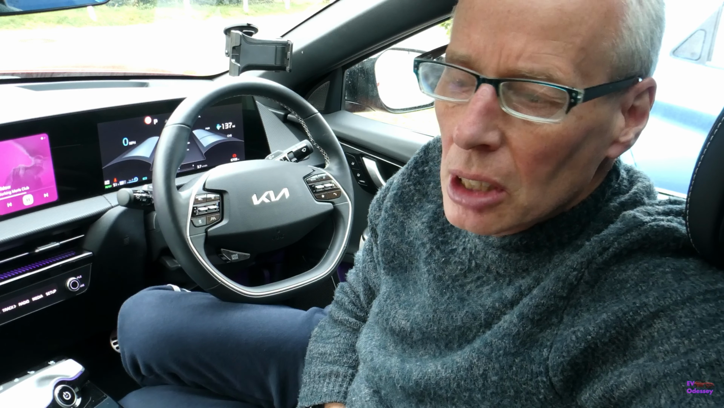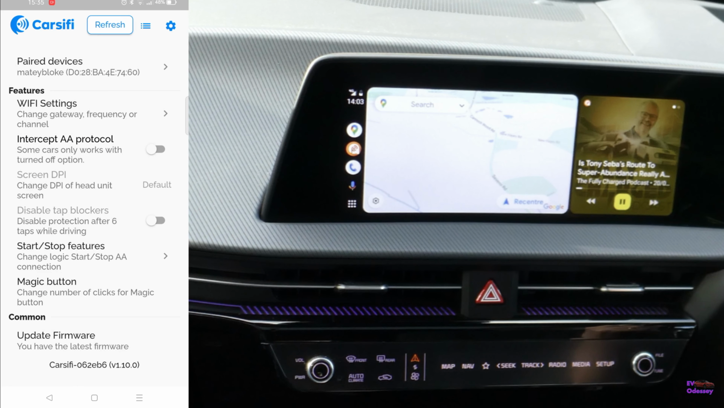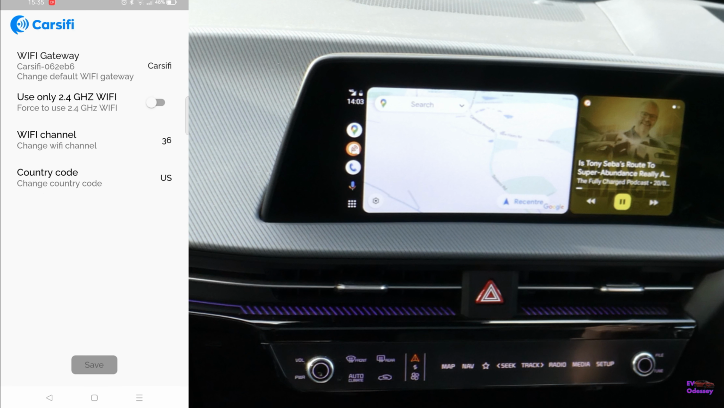So after I sorted out a better player, I went looking for a solution to the Wi-Fi problem and what I could possibly change to stop people's Wi-Fi interfering with the Carsify adapter. So that's when I went digging around the Carsify settings. And the solution to your audio tracks dropout problem is to go into the Carsify app and then into Wi-Fi settings,